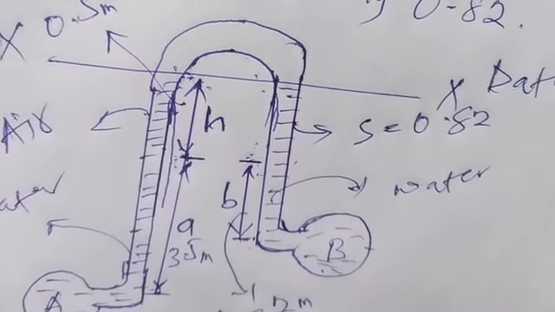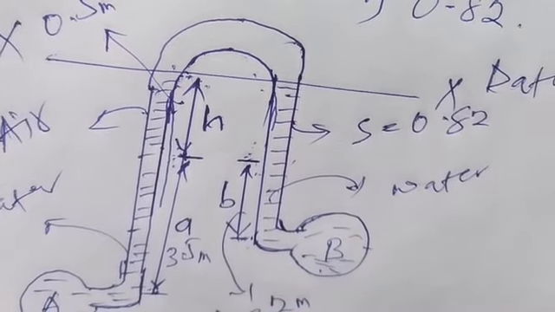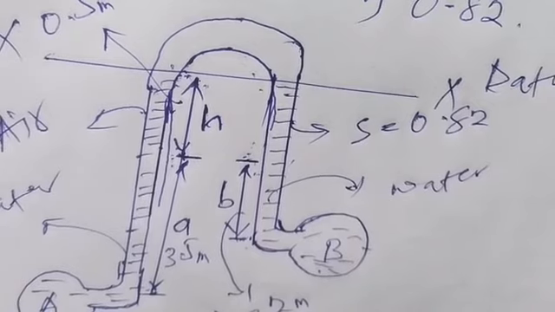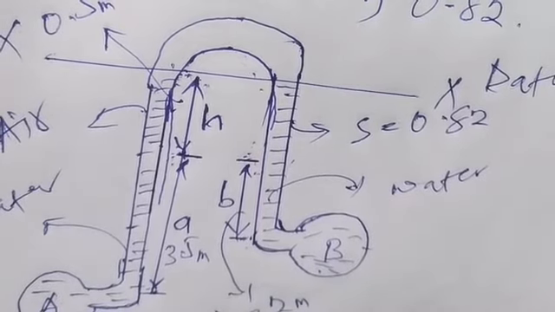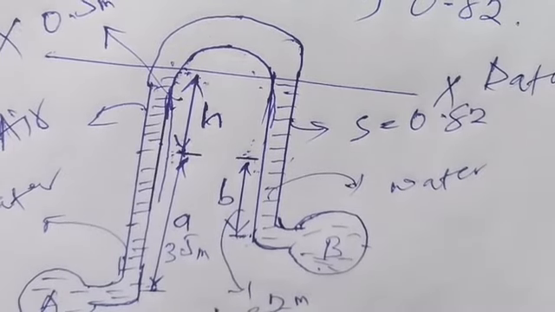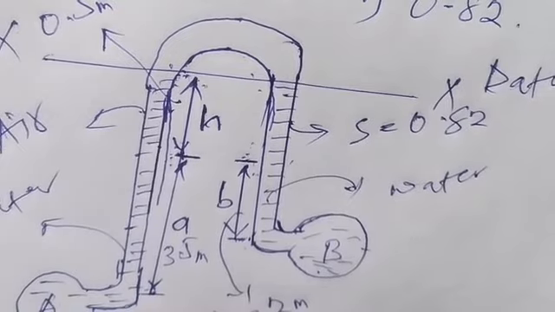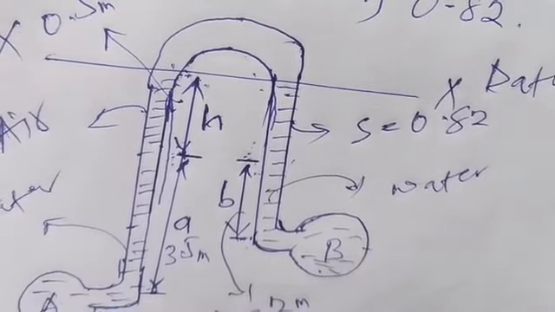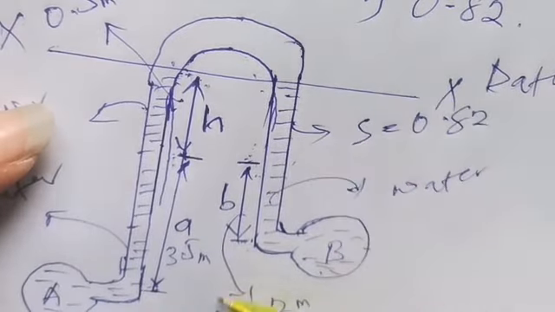All right, so all we need to do is to find the difference in pressure between point A and point B. So it's a very simple analogy. I've made different videos on YouTube on manometers, so you can do well to watch them on my fluid mechanics series for proper understanding. But then let's just go. In that video, I said what you do first is to section this point.